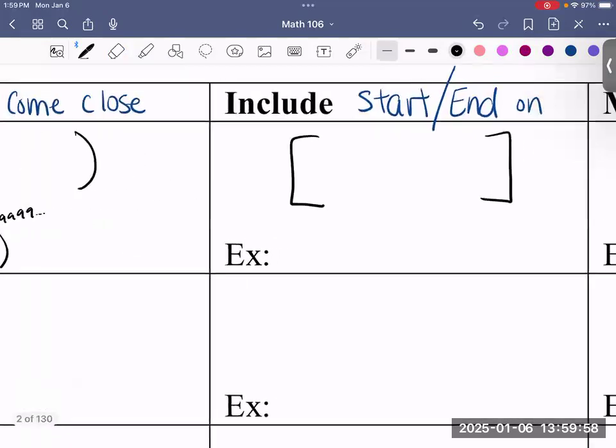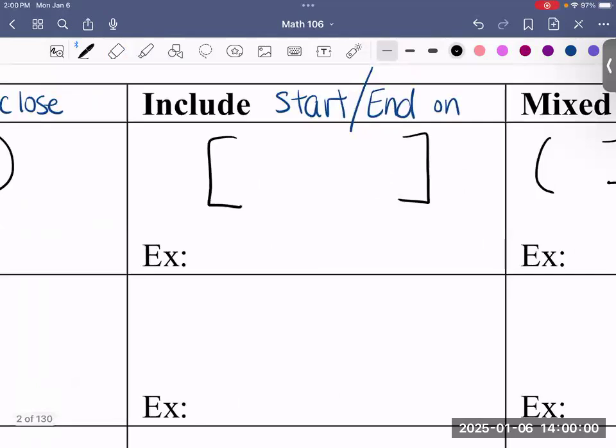Same thing over here, except we're using brackets around the 1 and the 4, meaning that we get to start on 1 and we get to end on 4. Now, we always read left to right, just like we do on a number line, just like when we're reading a book. That means we're going to start on 1 and end on 4,